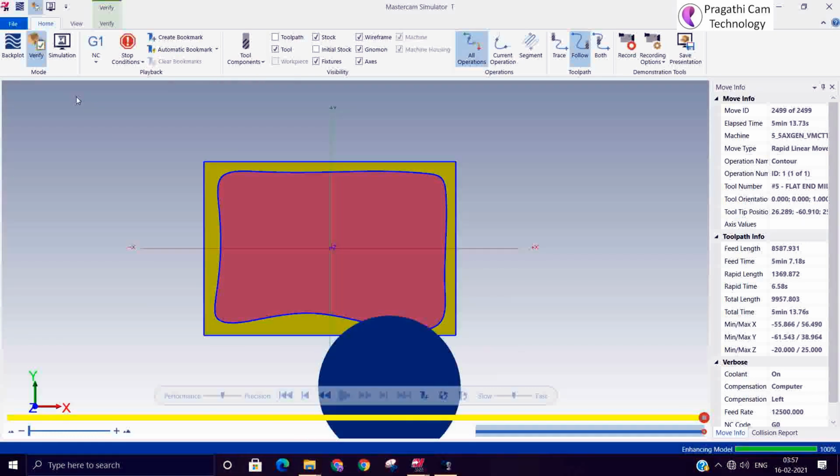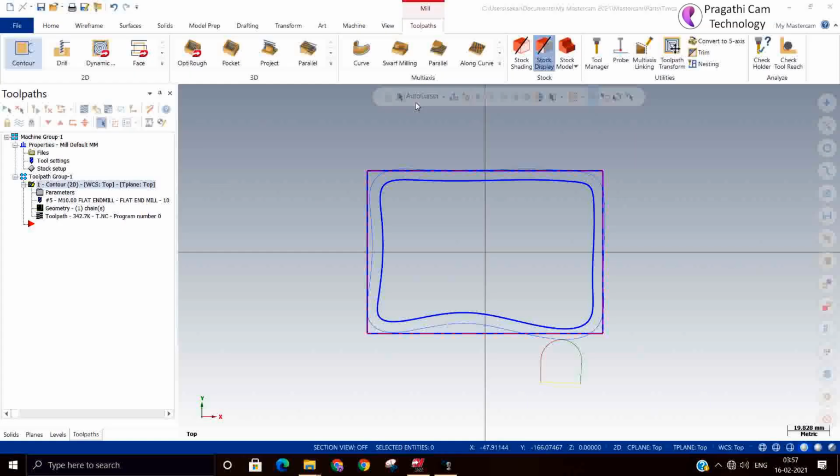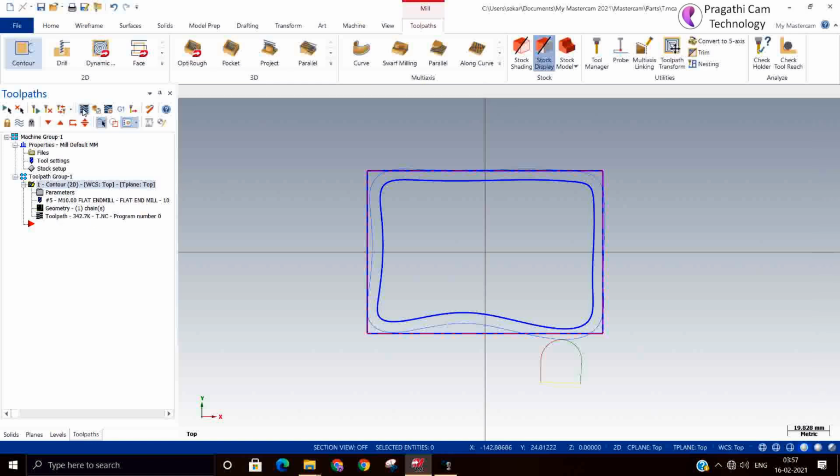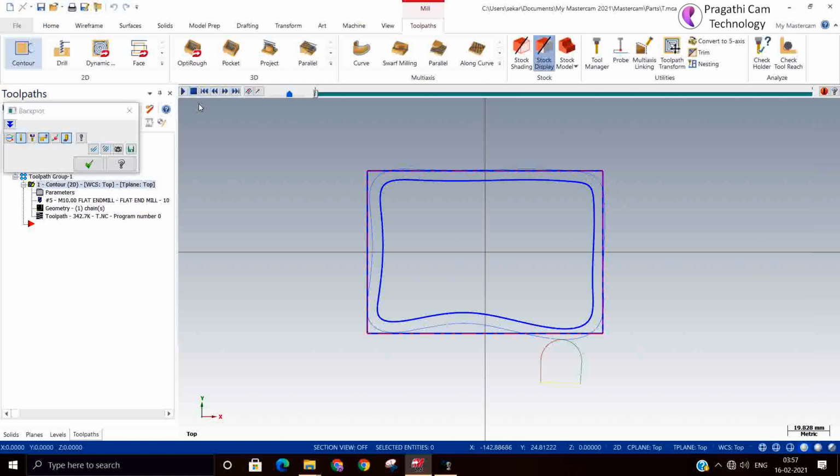If you see from the top, we'll go to the back plot and we'll see. What I am trying to say is, now we'll run this.